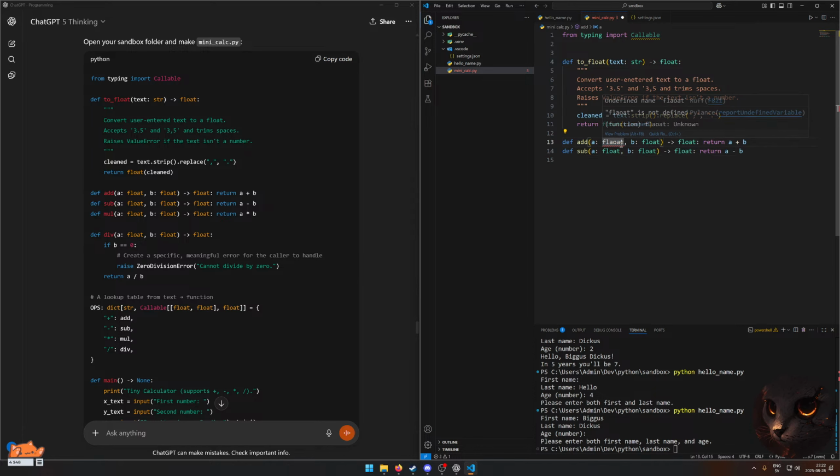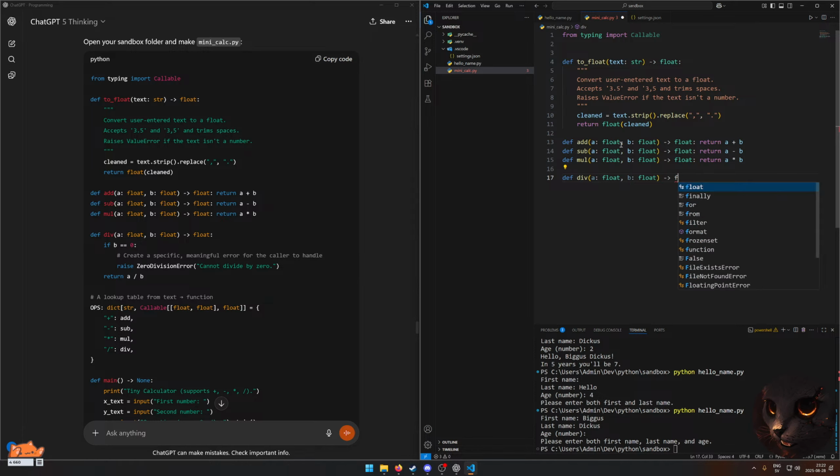Def mul, a float, b float, to a float, return a times b. And then we have the divide function, a colon float, b colon float, to a float, that returns a float, and we return